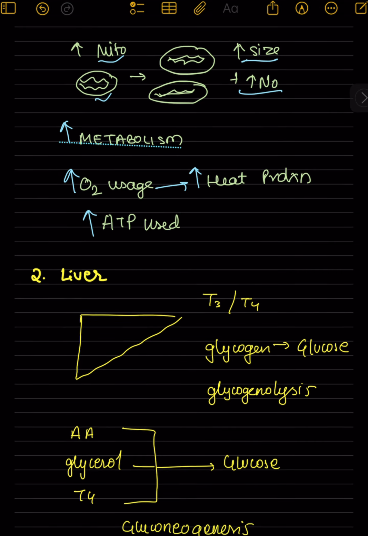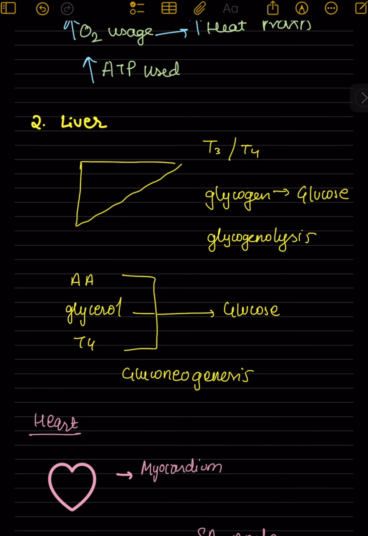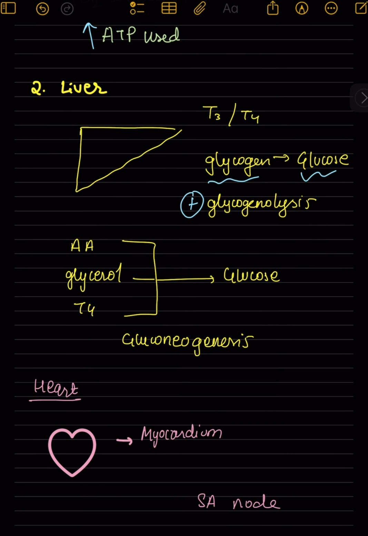Second target organ is the liver. In the liver, the T3, T4 hormone leads to glycogenolysis, which means the breakdown of glycogen to produce glucose. It also leads to gluconeogenesis, which means formation of glucose from sources other than glycogen, such as amino acids, glycerol, or